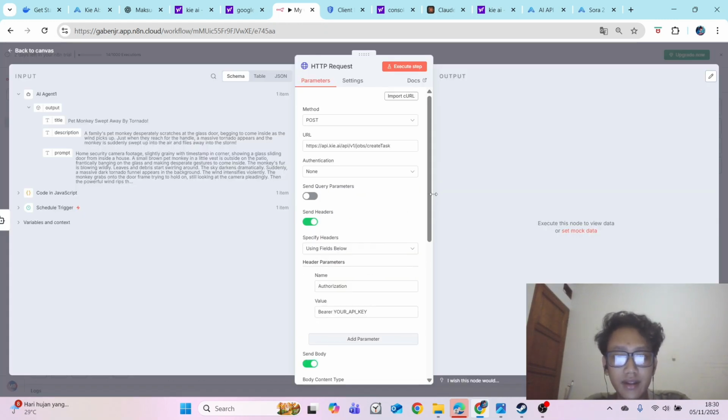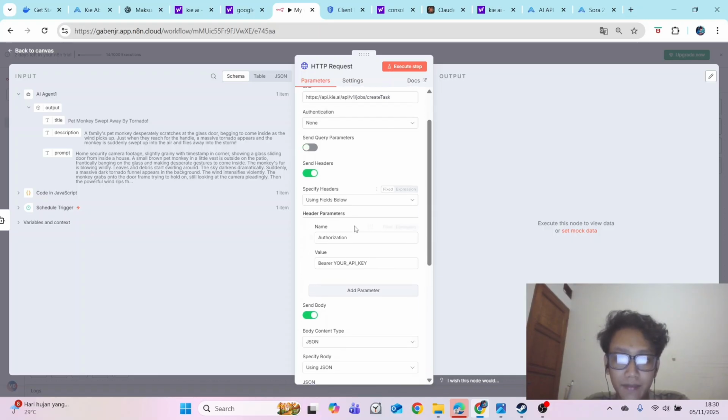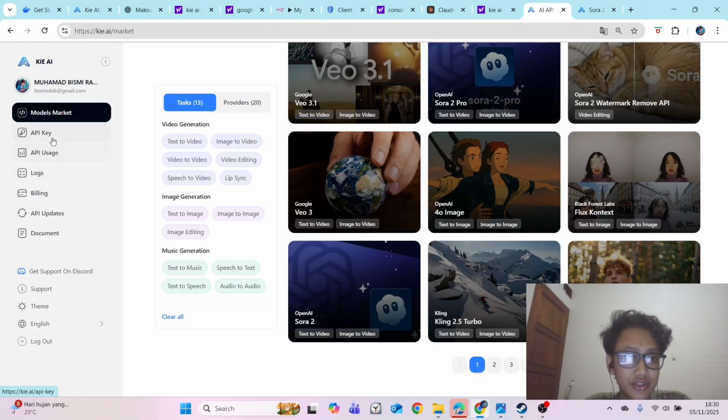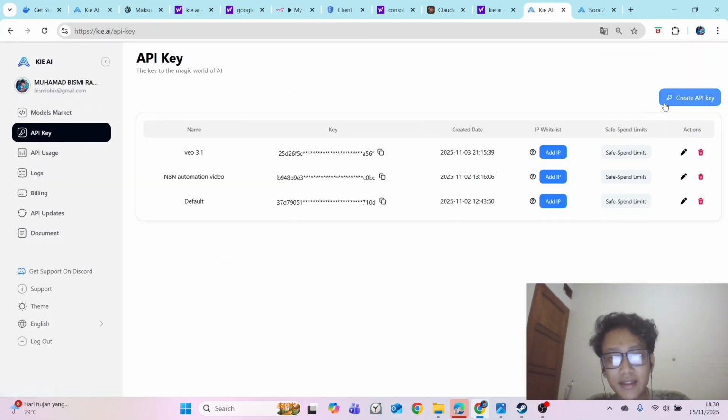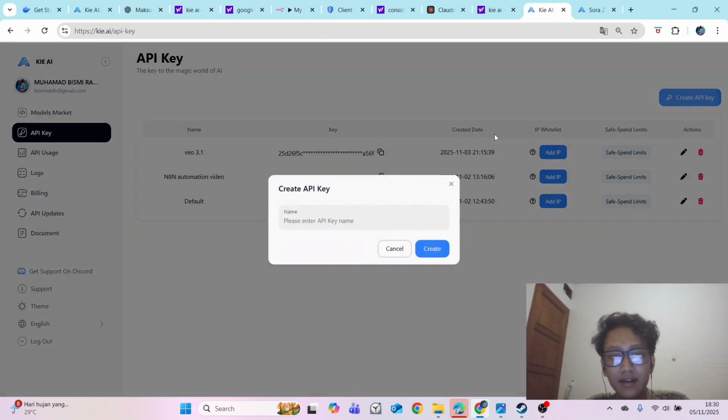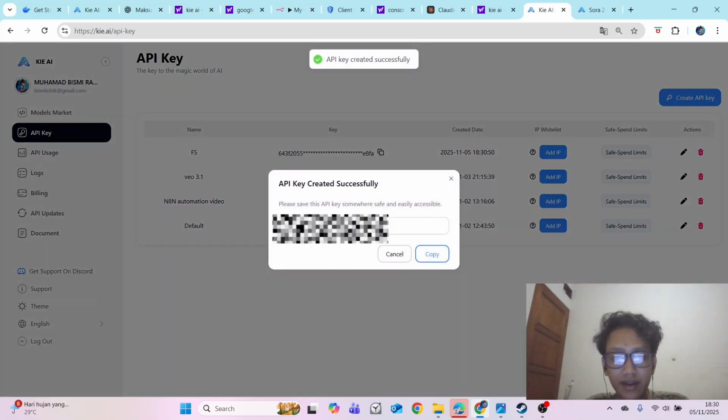So the columns will be filled automatically, and you can put your API key here. So go back to Kie AI, where you can create your API key. Create API key, enter your name, for example FS, and then you get the API key.